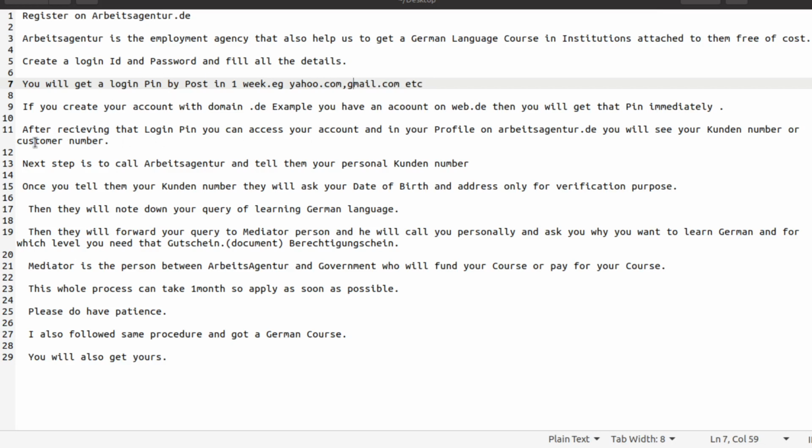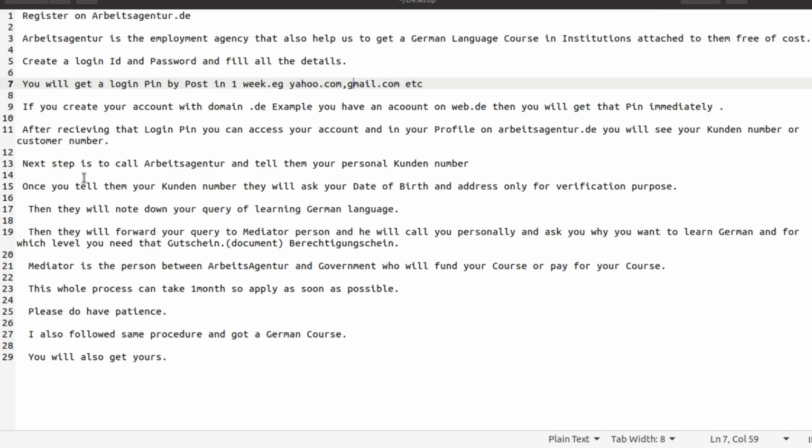So after receiving the login pin from the employment agency, the Arbeitsagentur, you can access your account. Otherwise you can't access your account without this login pin. When you access your account and open your profile on this website, Arbeitsagentur.de, you will see your Kunden number or customer number.